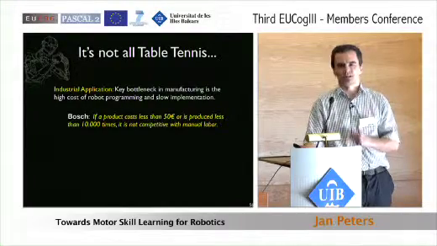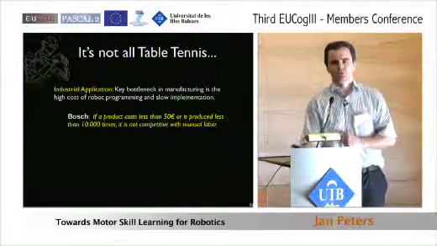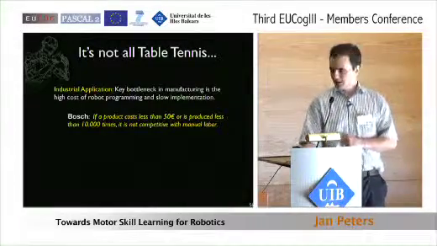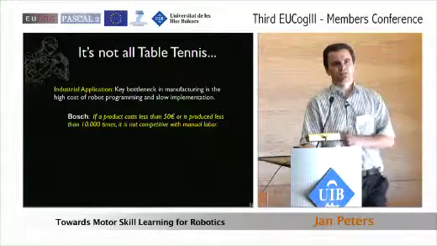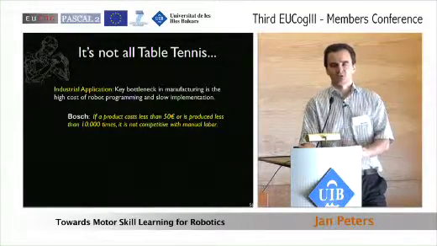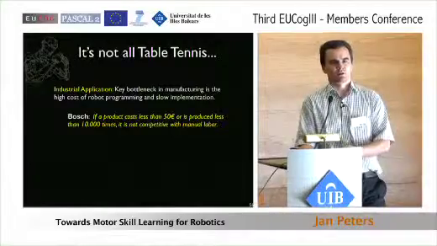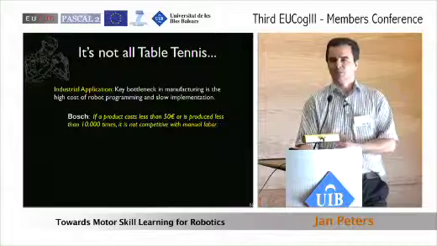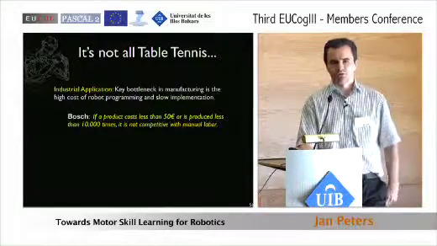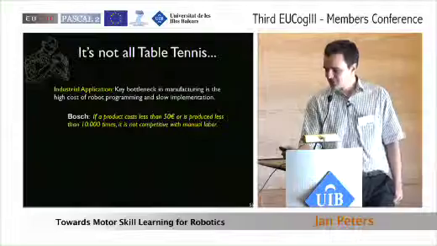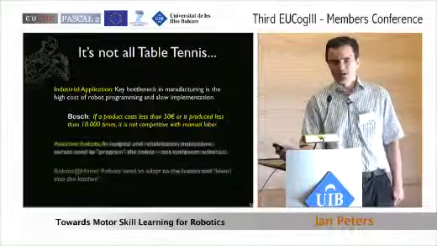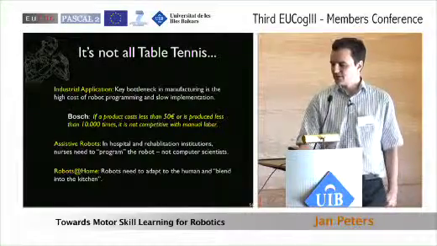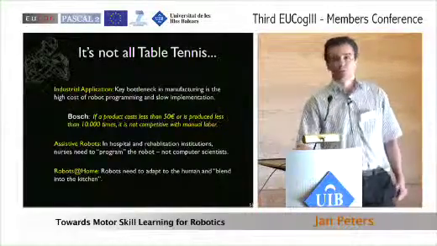At the moment, they can only produce something with a robot factory in Germany if it costs at least 50 euros and is produced at least 10,000 times. That's, of course, a major bottleneck, but if you could take the robot by the hand and show it the task, then do some self-improvement, you may actually get this down to a much lower amount, creating new jobs and future possibilities. And these future possibilities, of course, may also be in assistive robotics, like in a hospital or rehabilitation